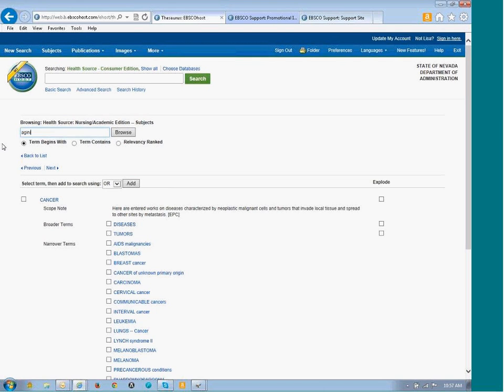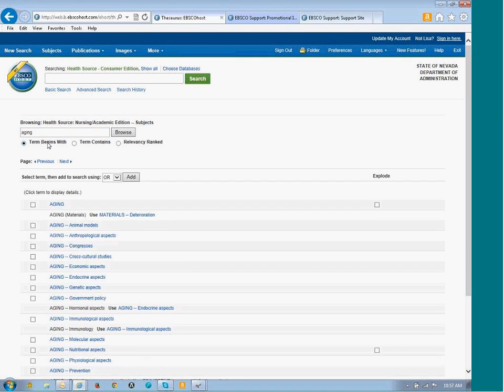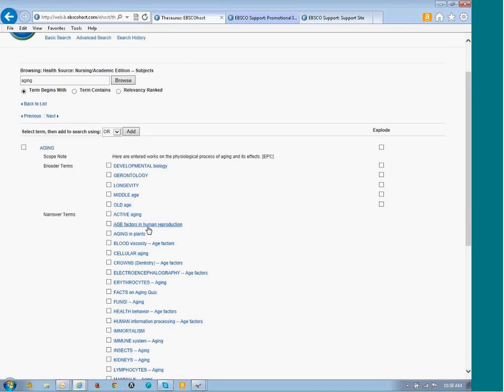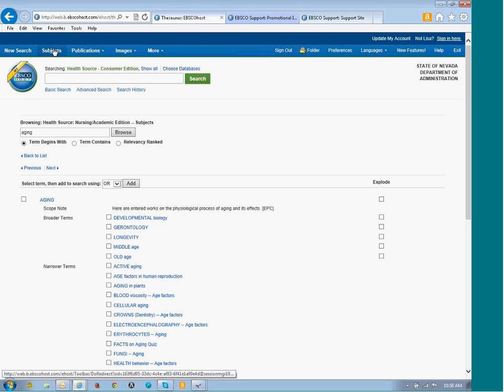You can search aging here and see what other search terms might be used for aging: developmental biology, longevity, aging. So think about utilizing and letting your patrons know about some of these different subject headings